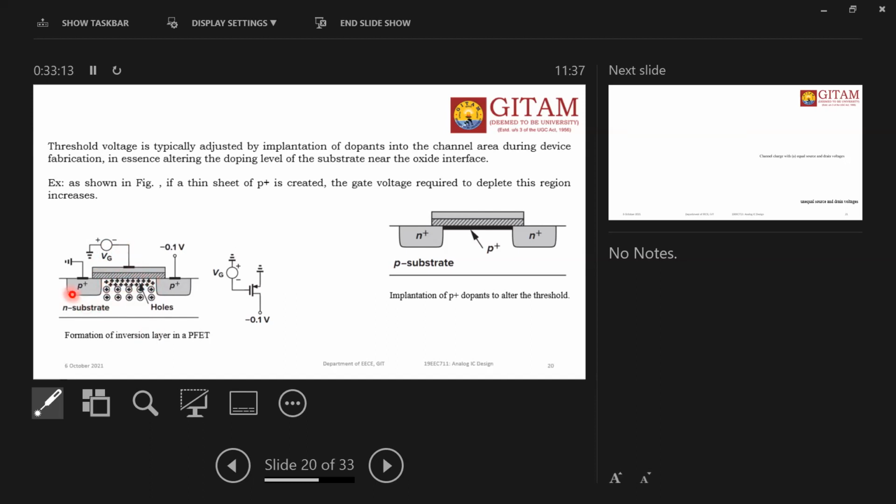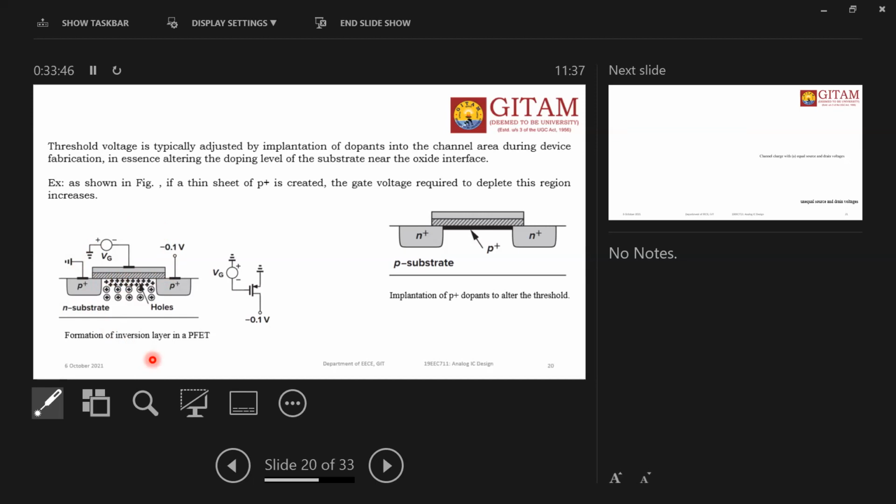So this is the N type. That N type semiconductor is having positive ions with negative free carriers. All the negative carriers, that means electrons, are pushed down, and this portion remains with positive charges. That is called the depletion layer. After the depletion layer is formed, then go to the inversion, like this. This is the formation of the threshold voltage or inversion layer in the PFET, the PMOS transistor.